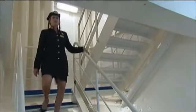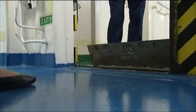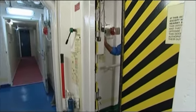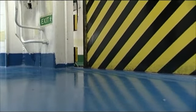When a door does move, always stand well clear. Under no circumstances should you ever attempt to pass through a door as it's moving. Instead, use the indicated alternative exit. You could trip, fall, and